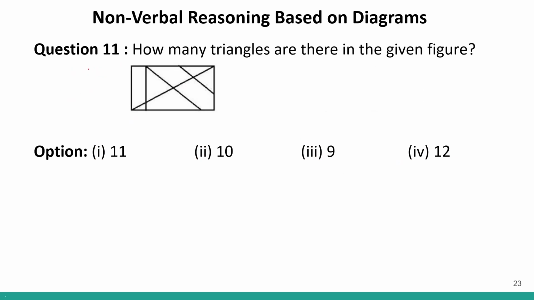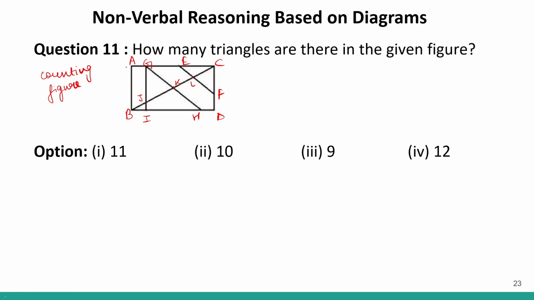Now, question number 11. Question number 11 is a counting figure question. I have told you these type of questions can be tricky, so try to attempt them in the end. Now let me give them certain numbers for you to understand. So if this is A, this is B, this is C, D, then let us say this is E, F, G, H, I, this point is J and this point is K and this point is L. Okay, so just random numbers. Now let us look at how many triangles can we form.